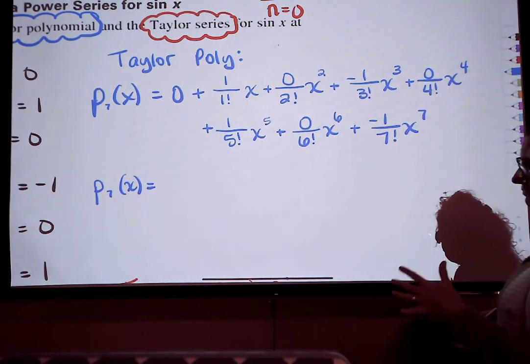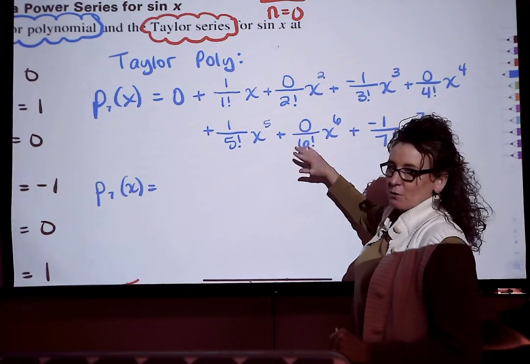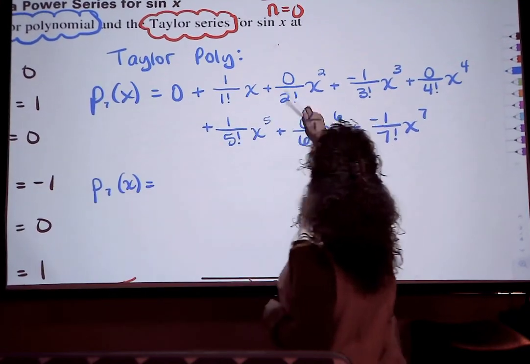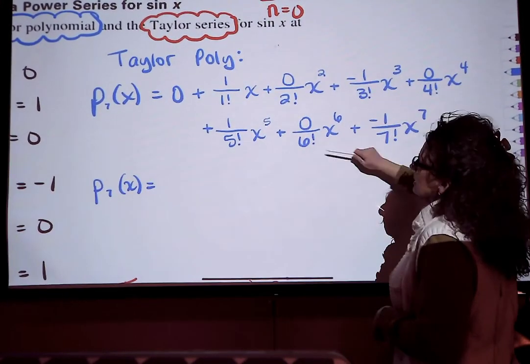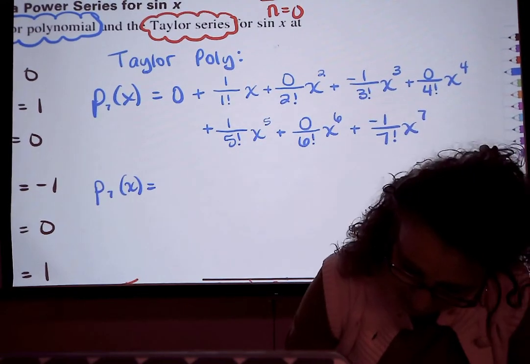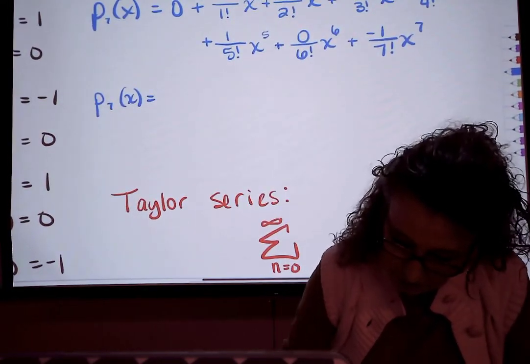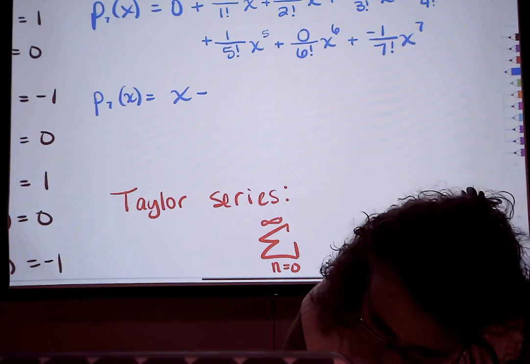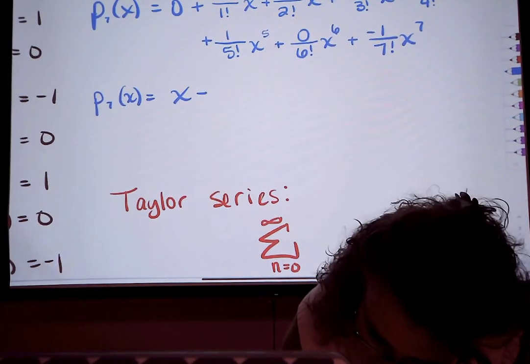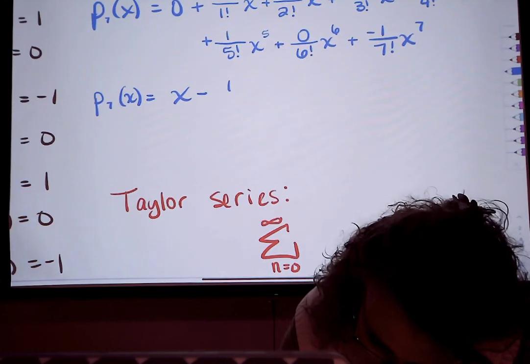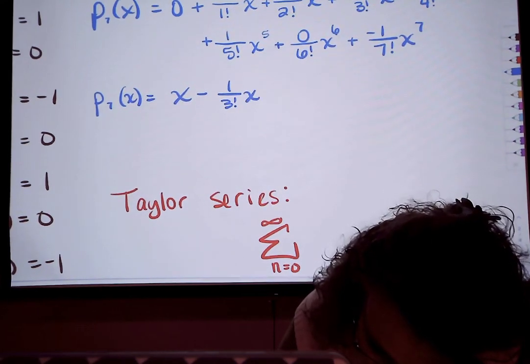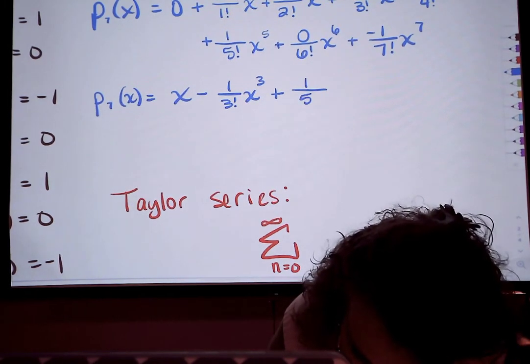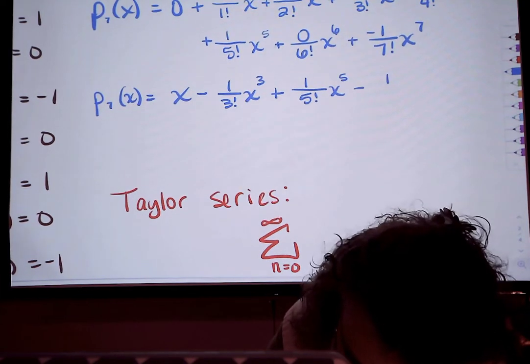And you can see that we need to simplify some of these. We're not going to multiply all these out. We're just going to keep them as factorials. They're going to get too huge. So you can see this term disappears, this term disappears, this term is going to be negative, this term disappears, and so on. So my 7th order Taylor polynomial condenses and simplifies to look like this. X minus 1 over 3 factorial x cubed plus 1 over 5 factorial x to the fifth minus